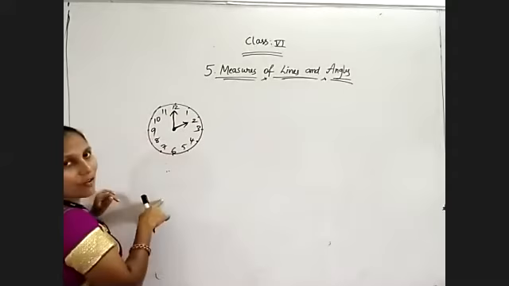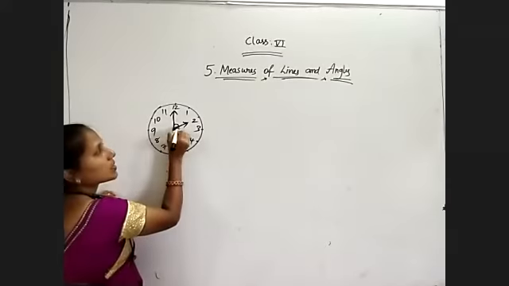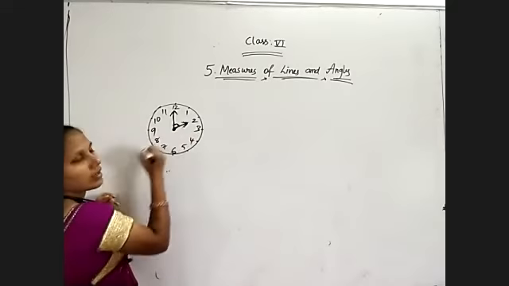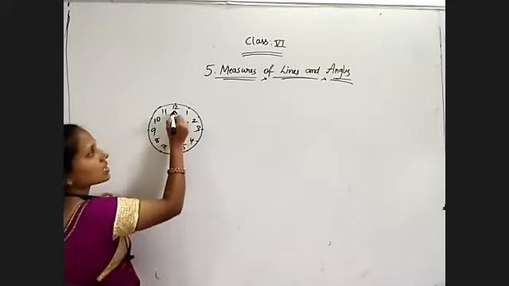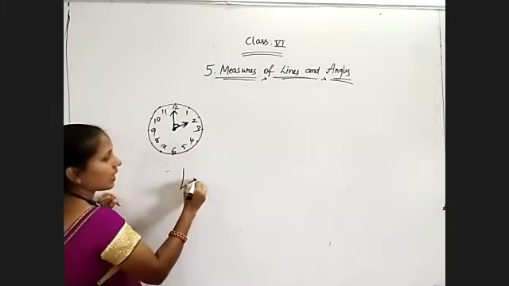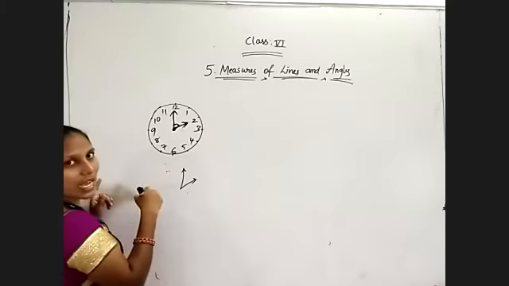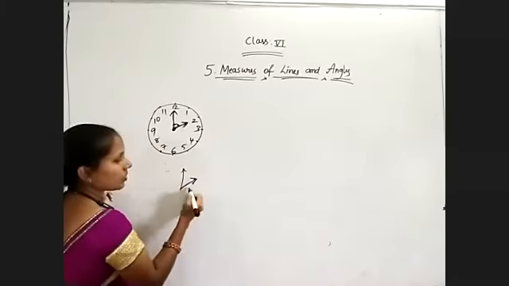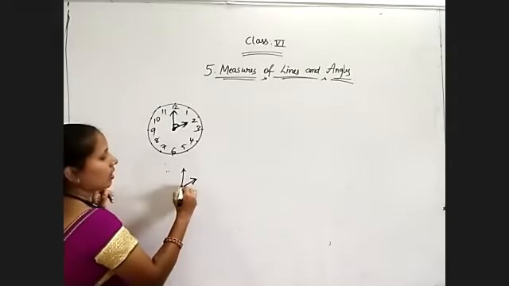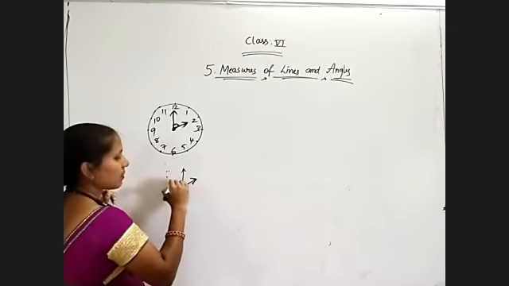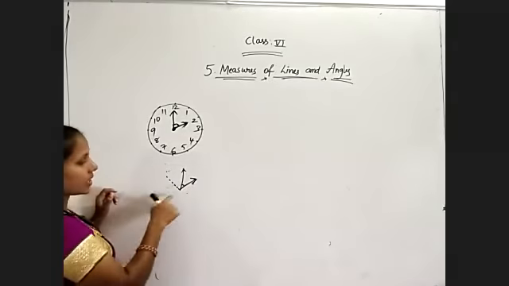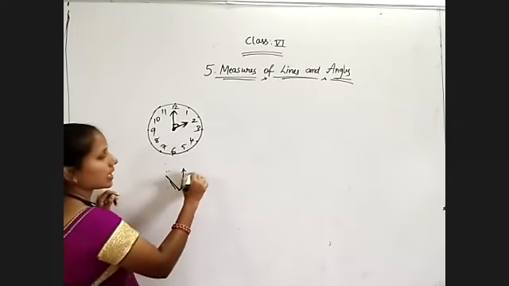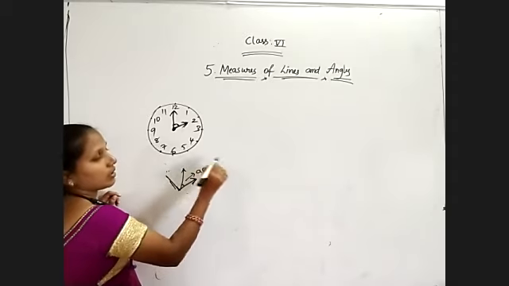Which angle are they forming? Just observe. If I have it like this, I want to mention this angle. Observe these two hands. Is this clockwise rotation or anti-clockwise rotation? If I am taking it this way, it is anti-clockwise rotation. Now observe this angle. Consider 90 degrees for this base line. This is lesser than 90, so it is an acute angle.